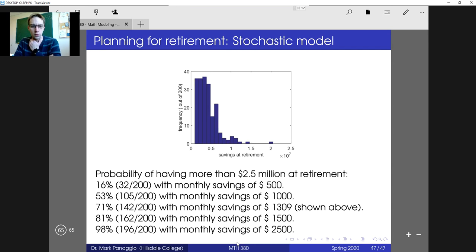Okay, and so this is the probability after 67 years, but there's no reason why we couldn't adapt this if we want to talk about retiring early or retiring later. If you want to change your types of investments, you could adjust the way that you draw random interest rates. There are a whole lot of different wrinkles that you could throw into this model, but all of them are